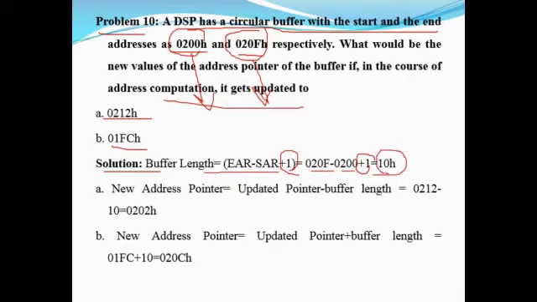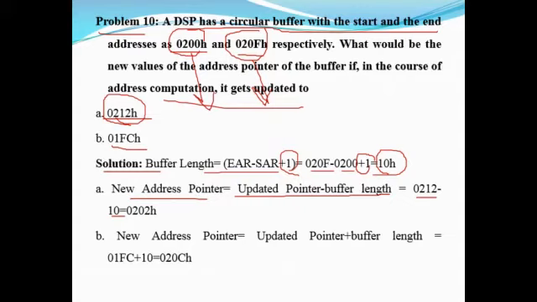Next, new address pointer is updated pointer minus buffer length. So this you have to note. New address pointer is updated pointer minus buffer length, which is 0212 minus 10. 0212 is the value we have been given.